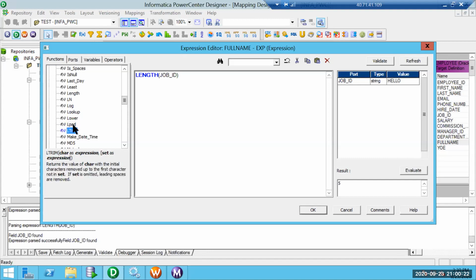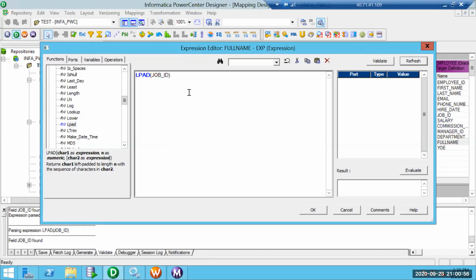So LTrim, okay, LPAD. This is another good thing we can use when we want to specifically fix the length of a particular column. Though we give 2 characters, we want to display a 5-character string. In that case, we can go with LPAD and RPAD. It all depends on how we want to use it. LPAD is when we want to pad something from the left. RPAD is when we want to pad some dummy value from the right.